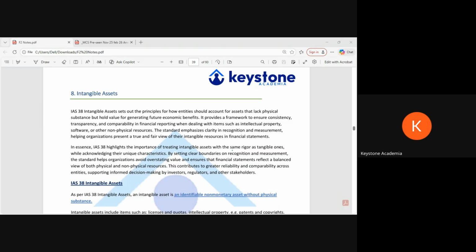Therefore, this IAS comes in. It will be very, very specific about what will fall under intangible asset and what will not. That doesn't mean that you put anything into your research and development, you bring in anything and you say, okay, this is an intangible asset. Maybe you have got some license which is not beneficial for us in any case, and you want to add that up into our intangibles. That is not allowed. There are certain categories that it needs to satisfy, then only it will be part of intangibles.